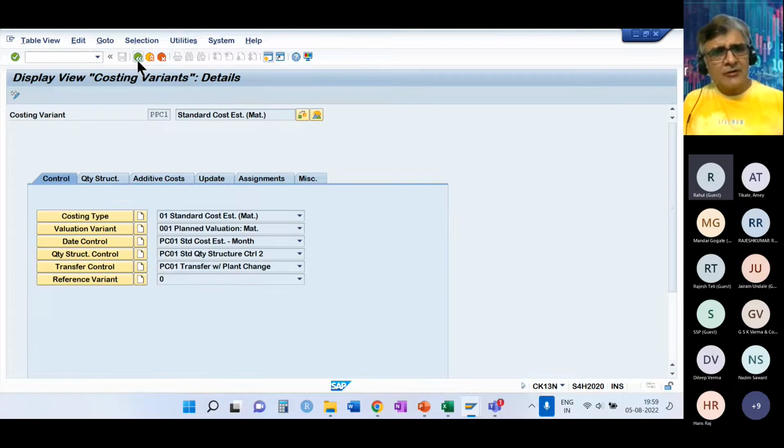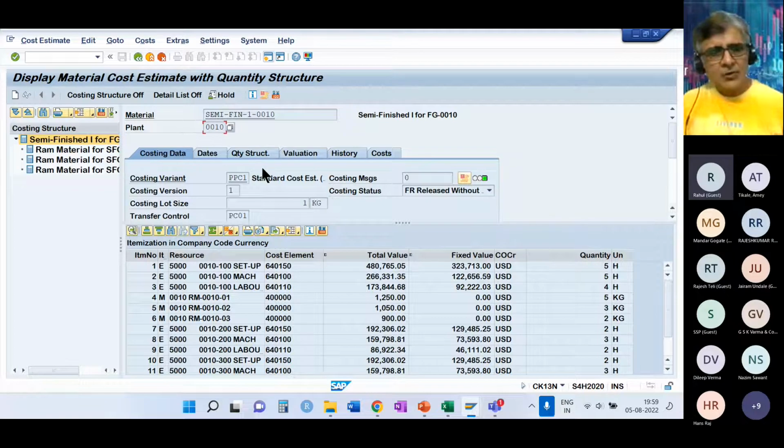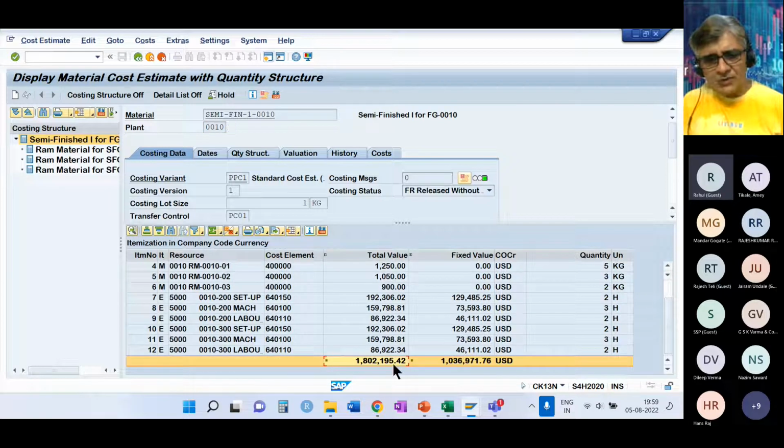Okay, so I've done all these settings. I have set up the BOM routing. I've set up the plant, company code related to the plant, and the costing variant. And so all this, and I executed the costing run and came to this price. Okay, so standard price is determined.